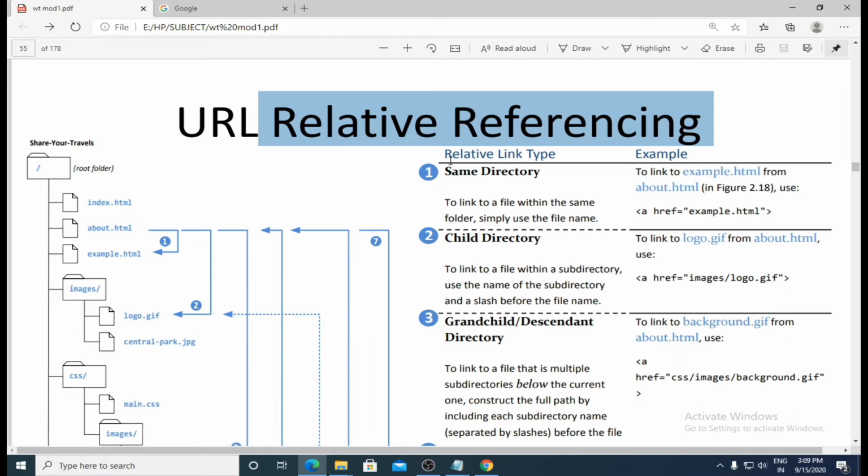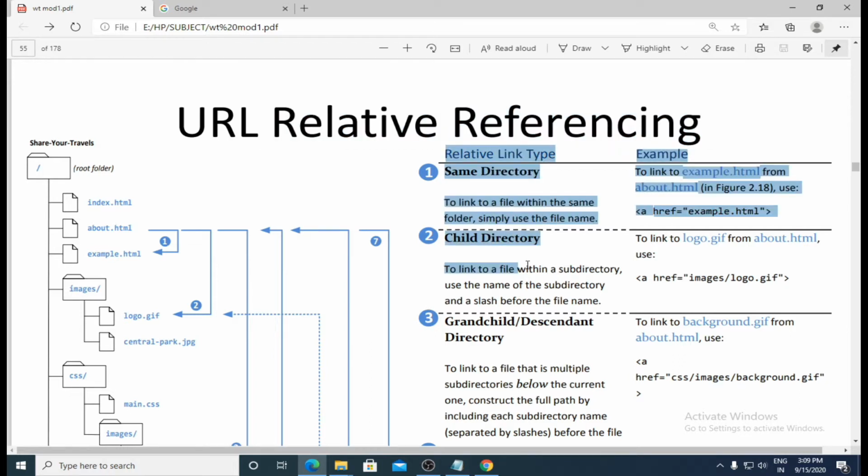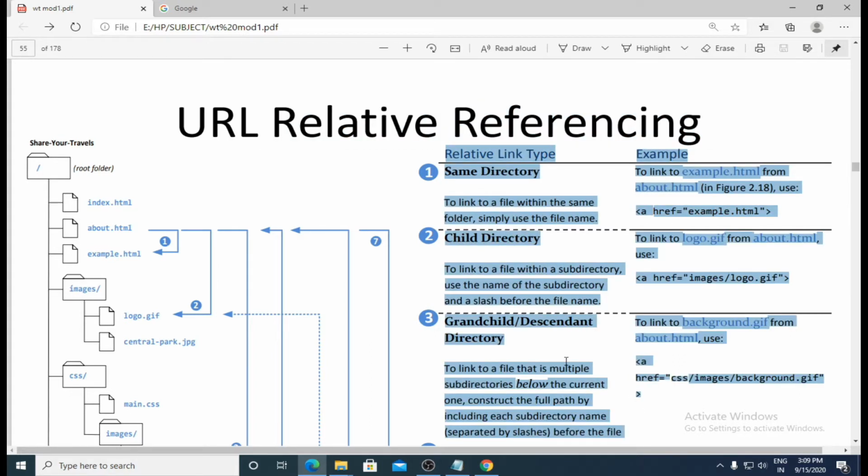So here they have shown us, if you want to refer to the files or folders which are in your same current server, how to give the path names. Absolute referencing path name was easier to use. We have to make use of the protocol https, then colon, then forward slashes, and you write the domain name www dot, and you specify which page you want to go to.